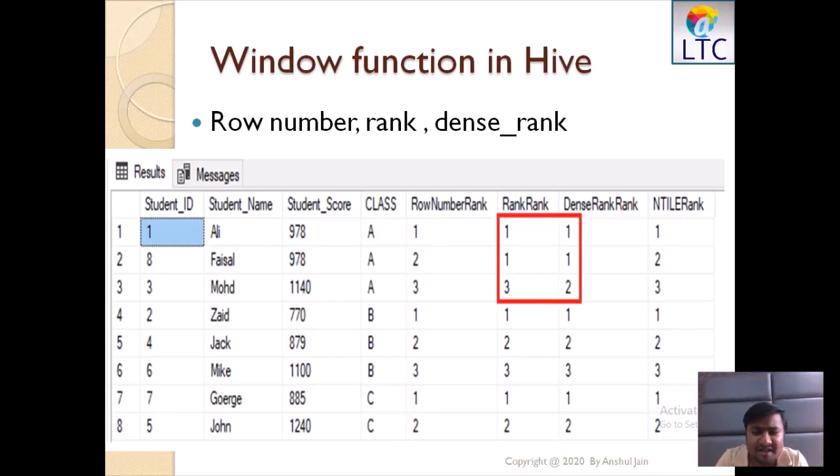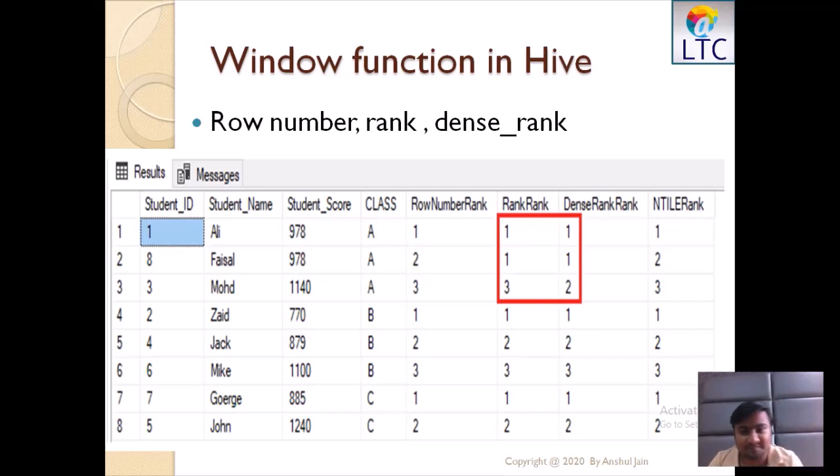So let's start. In an interview, if someone asks you a simple question, give me second maximum salary, or give me nth maximum salary, or give me second maximum salary employee ID from each department. Just think about it. Can you write such queries? You will need these window functions in such cases, and definitely in real-time projects as well as in interviews. This is a very important part.